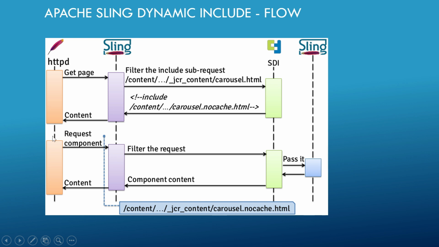Now whenever there is a subsequent request, carousel.nohash.html is requested from the Apache or dispatcher to get the original data, and it will send the complete data, the static data and this dynamic data, together to the browser. The same thing can happen from a browser in the case of JavaScript include, or from the CDN with ESI. The CDN or the browser will initiate the second, subsequent request to get the dynamic data.